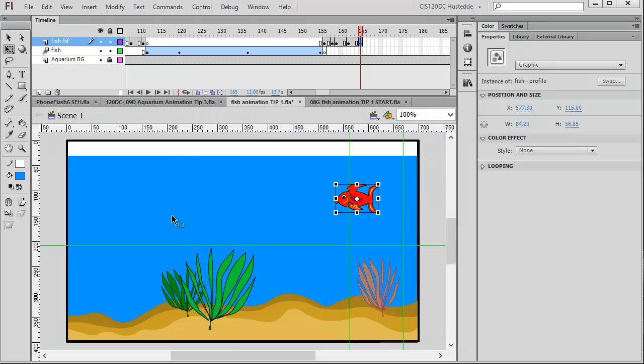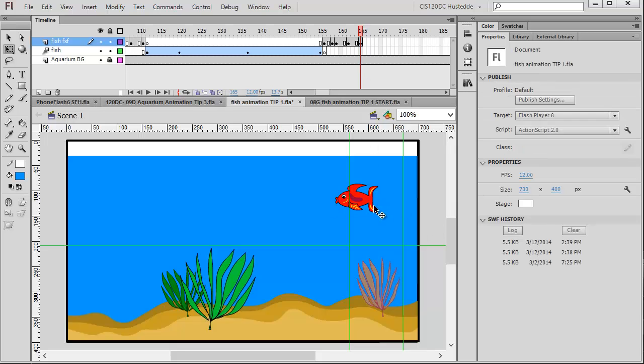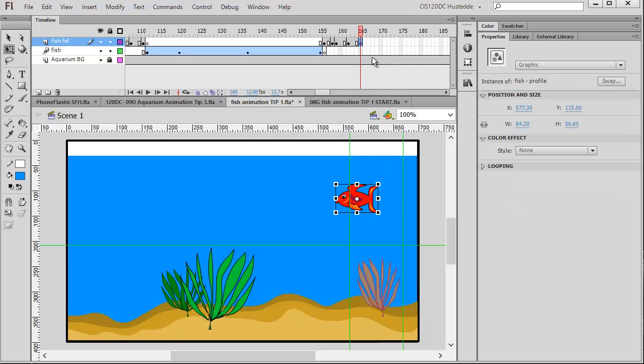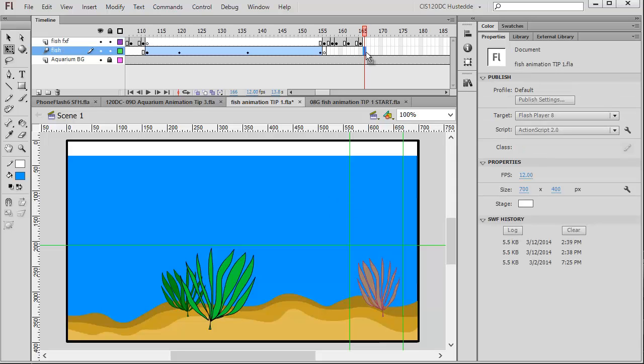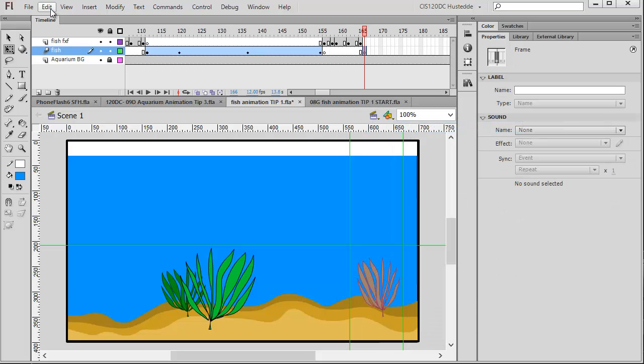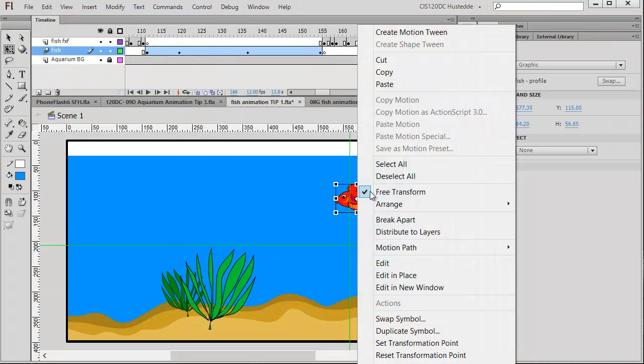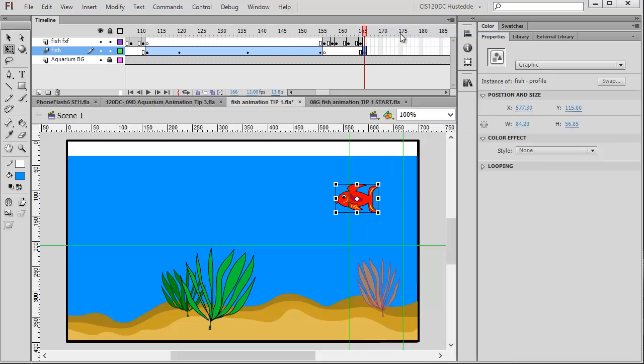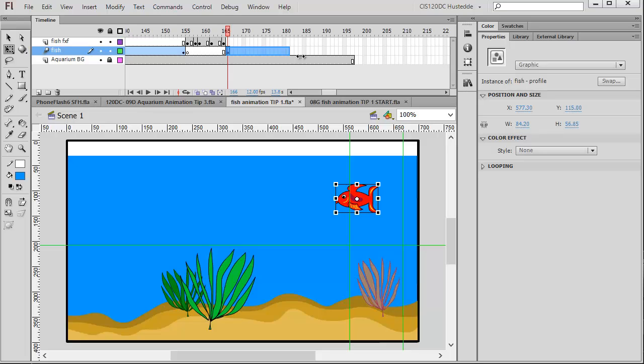Okay, so I need to have the fish swim back to where it started and have it grow in size at the end. So I'm going to select this fish, come down to my fish motion tween layer, insert a keyframe, and paste in place. Right click on the fish, create a motion tween, can bring this down a few frames,